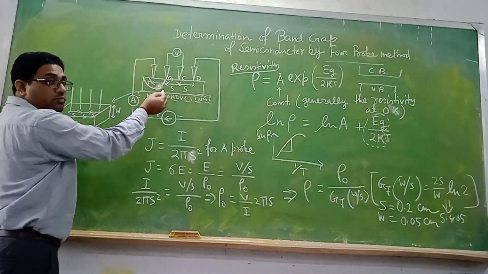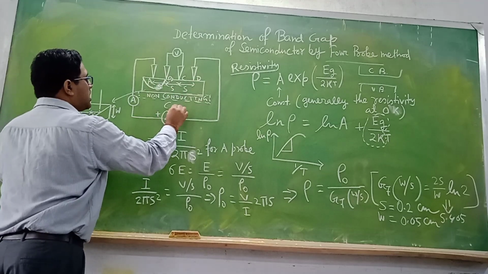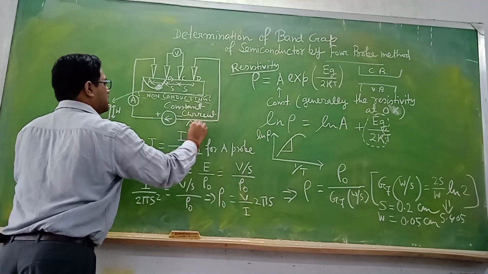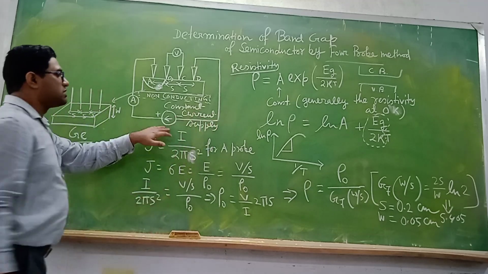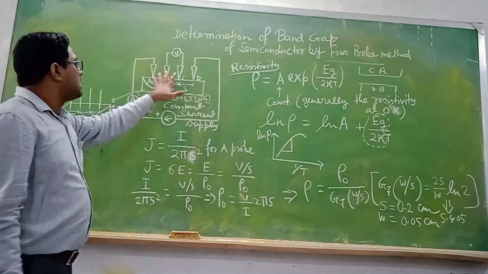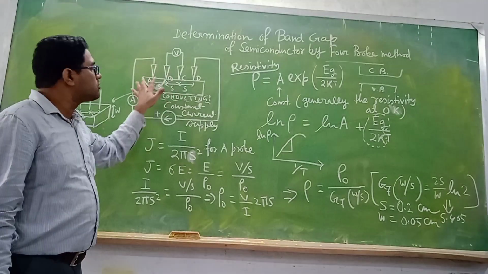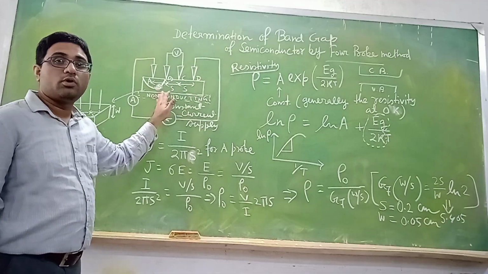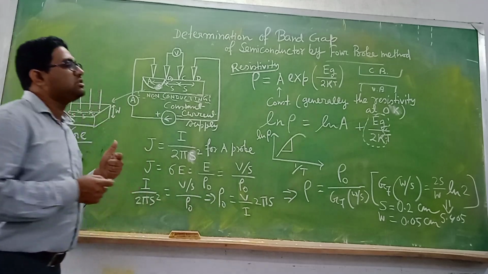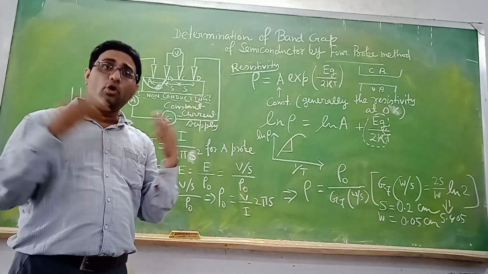Now these are the four probes A, B, C, D. You can see A and D are connected to a constant current supply. You have to send one constant current through these outer probes, and the other two probes are connected to a voltmeter. As we are using four probes here, it is called the four probe method. And here you can see why we are doing so, because if we were using the two probe method, two probes only, it would be like only Ohm's circuit.